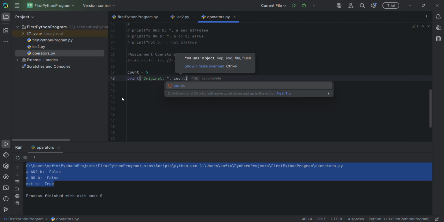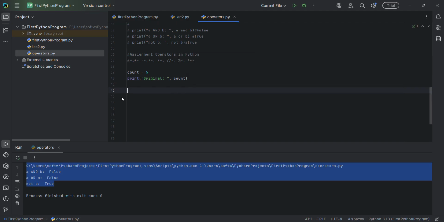So here we are going to print our original count, and now we are going to write count plus equal to 3, and then we copy this and then print. So it's after plus equal 3,